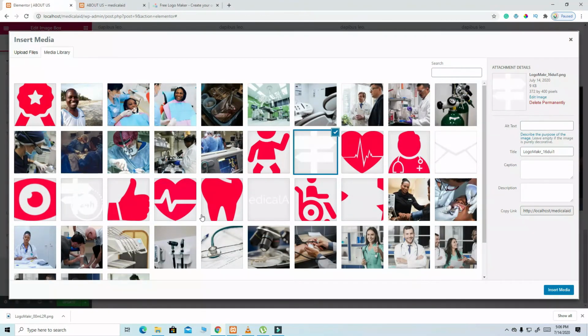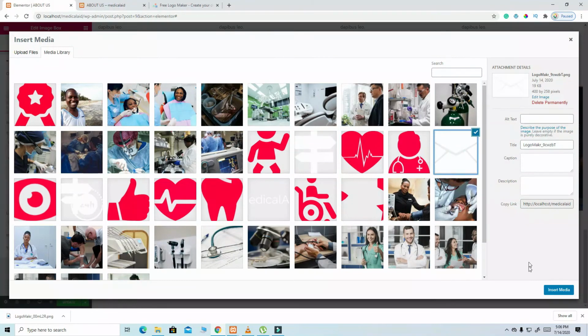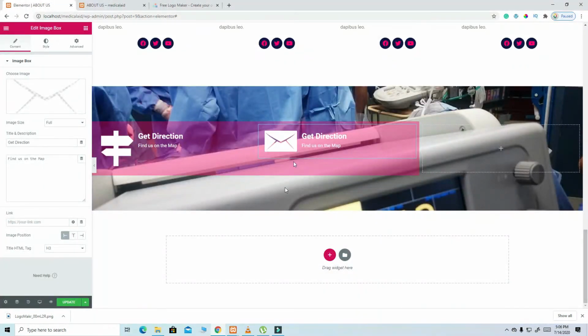It seems like some of my images disappeared, but I'll work on it, don't worry. So this one, and then we will type here contact us,